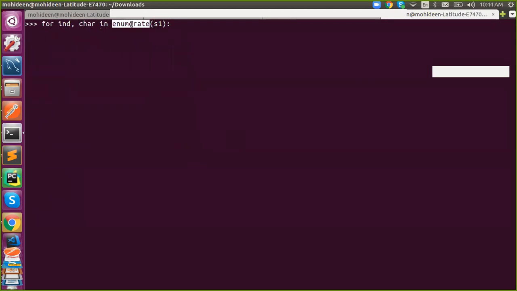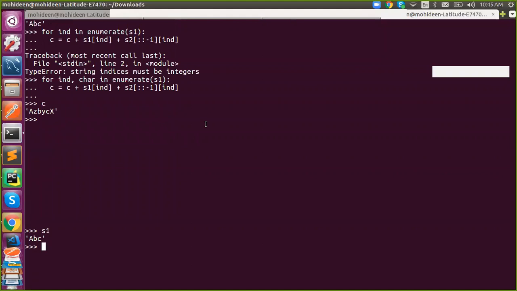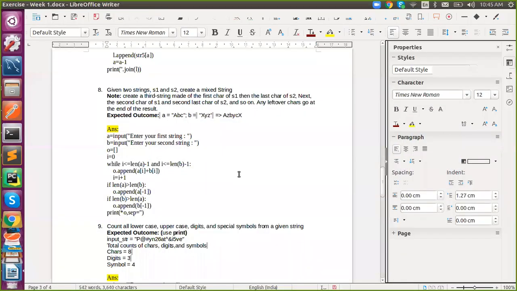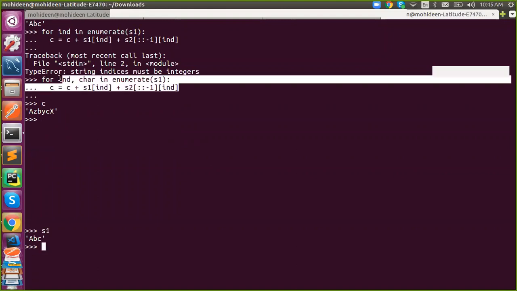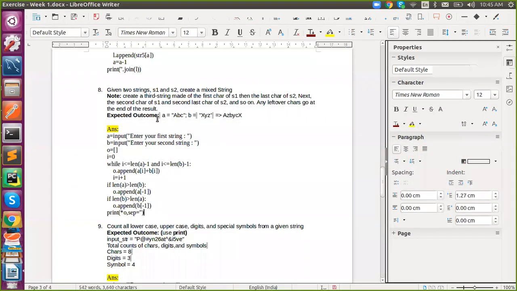I will explain what enumerate is. We all know iterating a string or list will give you the content each time, right? If this is my string and I iterate with for i in it... we have not seen the for loop yet, so we will discuss it in detail when we talk about for loops. We have not started for loops, right? So we'll discuss this program later, but this is the solution. We have to use enumerate. We'll discuss what enumerate is and what this line is going to do.